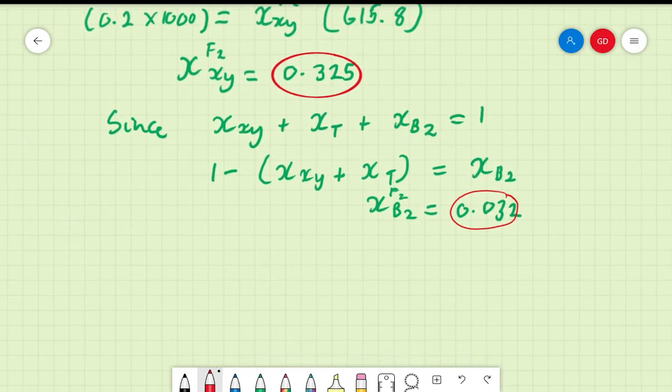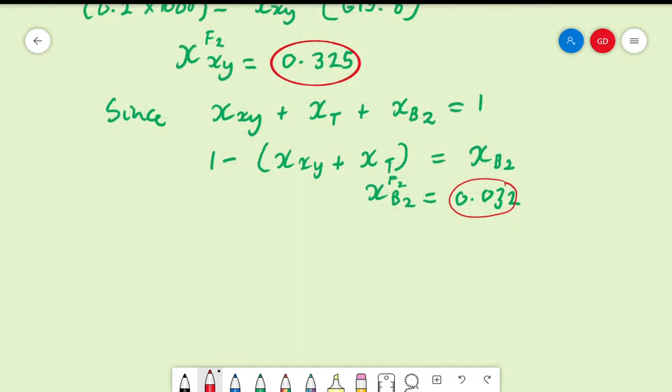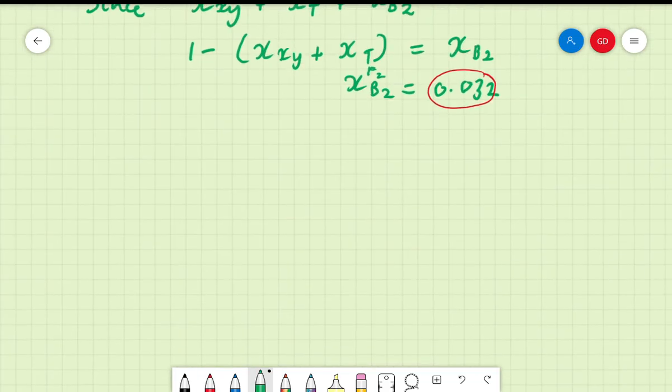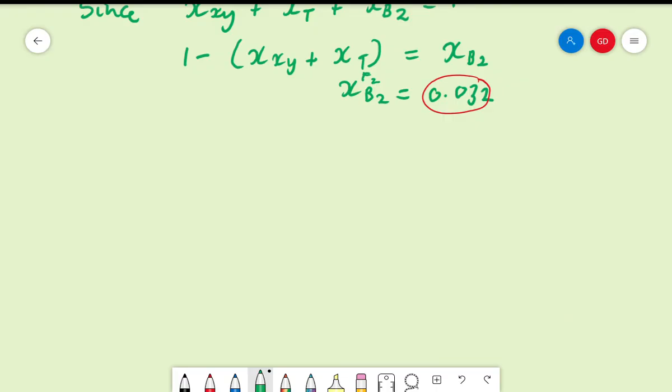But now we need to tabulate that so that we represent it accordingly, because when we want the composition, it's needed in percentage form. So you can just write there F2 stream